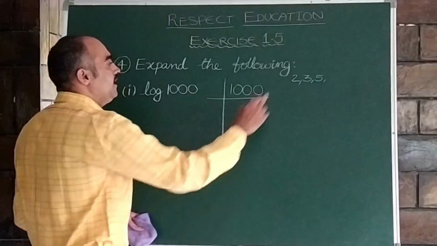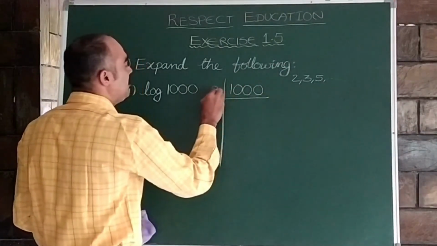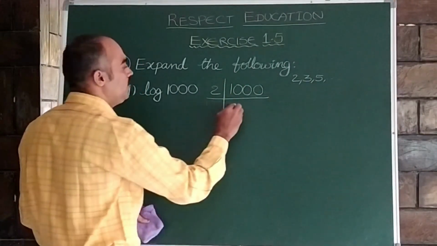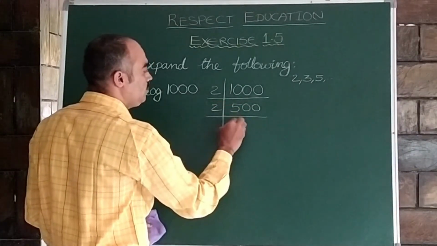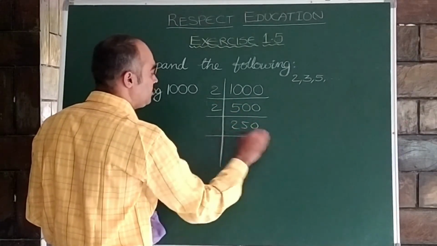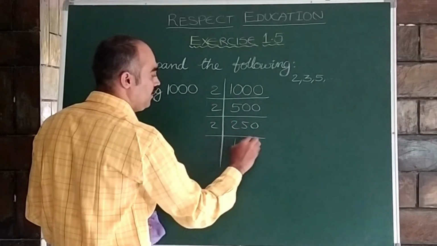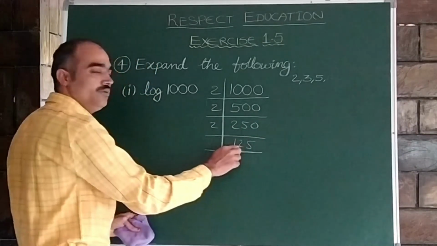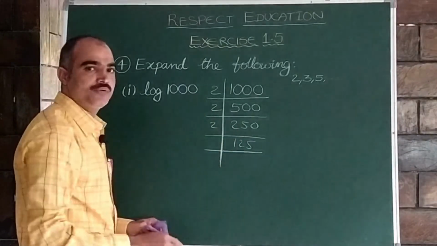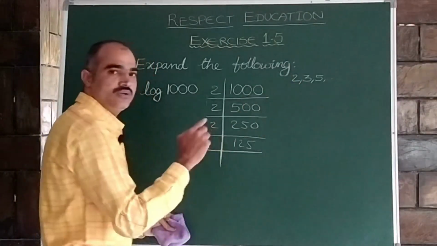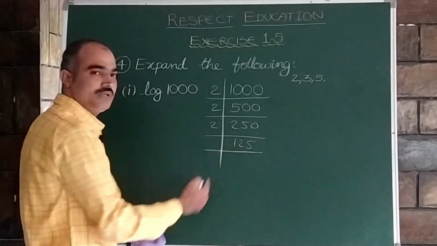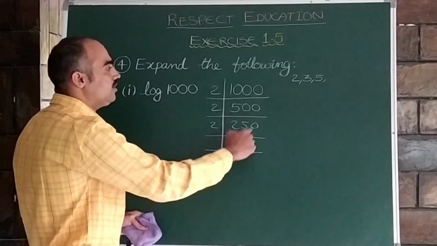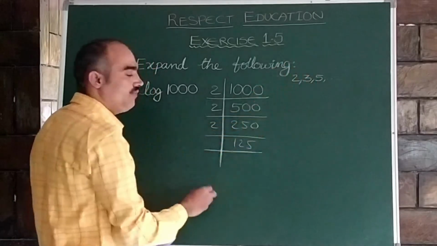So let us take first number here, let us divide 1000 with 2. 2 500s are 1000, again with 2 250, again with 2 125. Now here 2 125 cannot be divided by 2, so let us go to 3. What is the rule of 3? We should add every number, all the digits. 5 plus 2 7, 7 plus 1 8. 8 is not divisible by 3, so next 5.